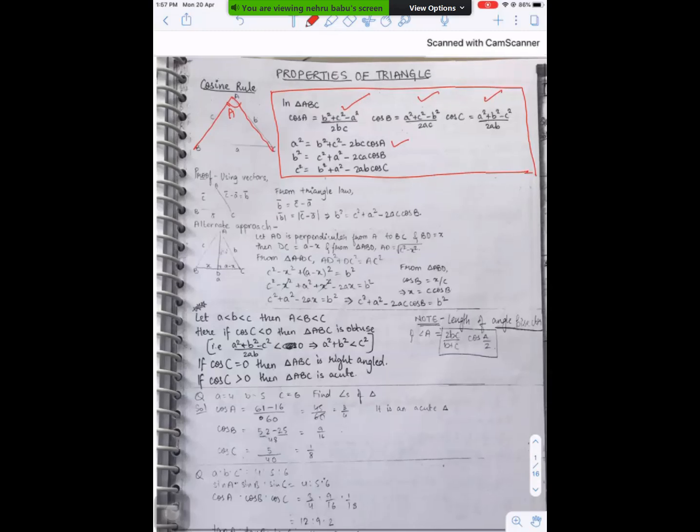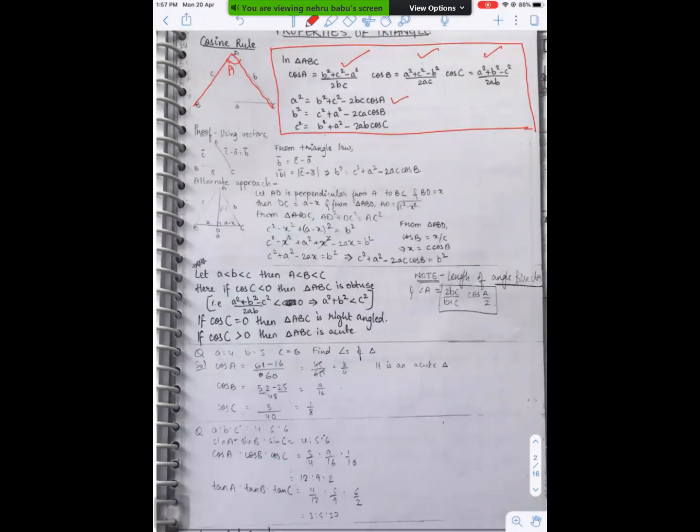In the cosine rule, all these formulas are important. You can remember this cosine rule in two ways: one in terms of sides, one in terms of angles. If you know all sides, you can find all angles with the help of cos A equals b square plus c square minus a square by 2bc, using these three formulas. In the same way, if you know two sides like b and c, and the included angle A, then you can always find the opposite side with a square equals b square plus c square minus 2bc cos A. Even this result is also important. This cosine rule.